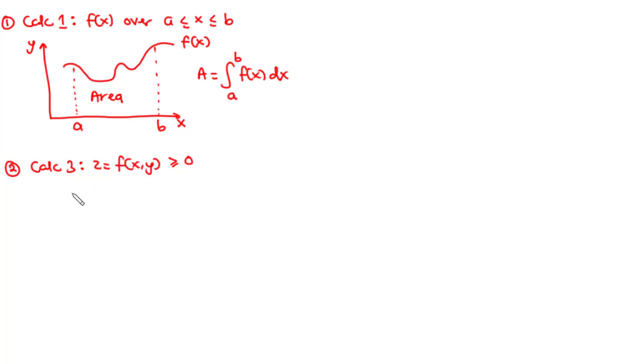So this time we are going to have the xyz plane. So this is the z-axis, y-axis, and then we have this to be the x-axis, and then we have a, b on the x-axis, and then c, d also on the y-axis. Now let's try to locate this rectangular region. So we are going to have this to be the rectangular region R,